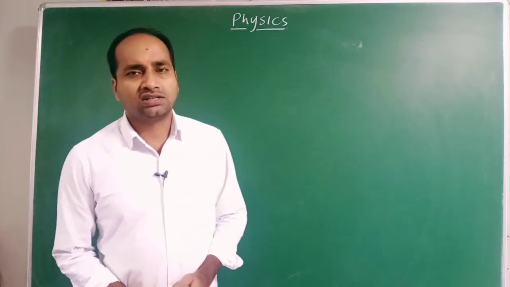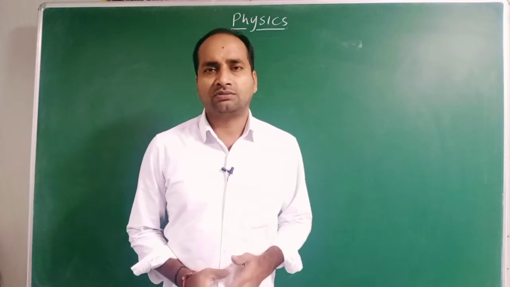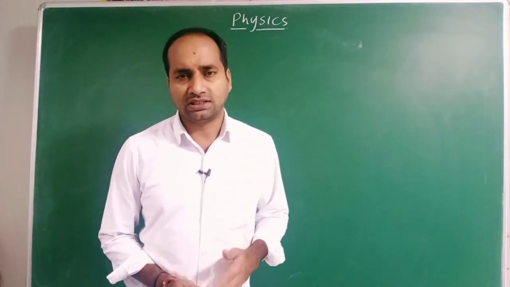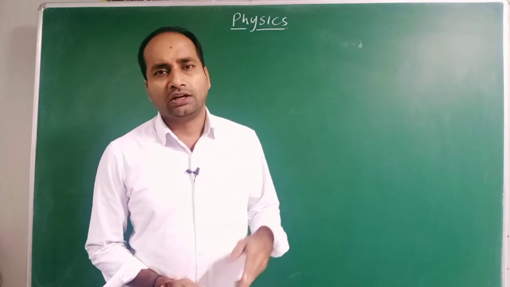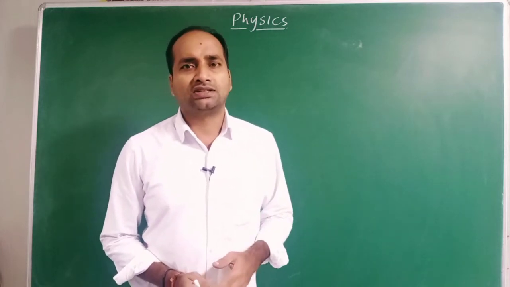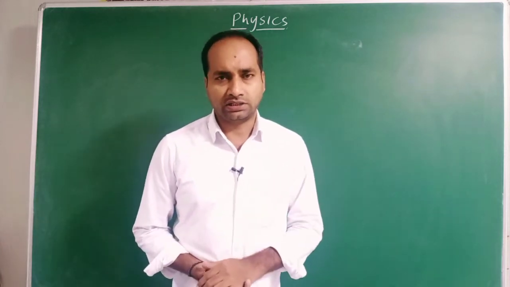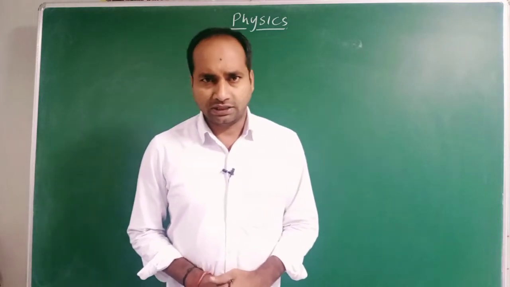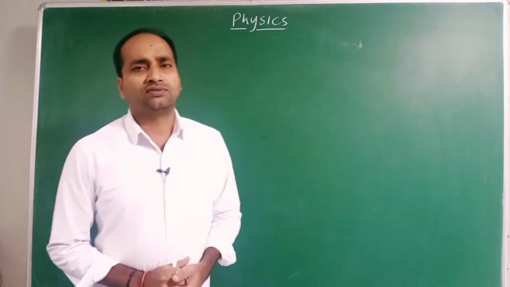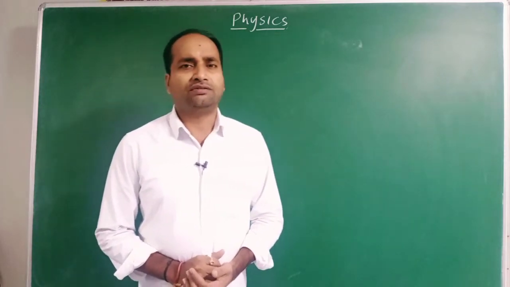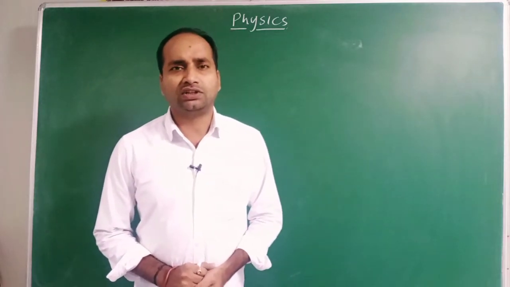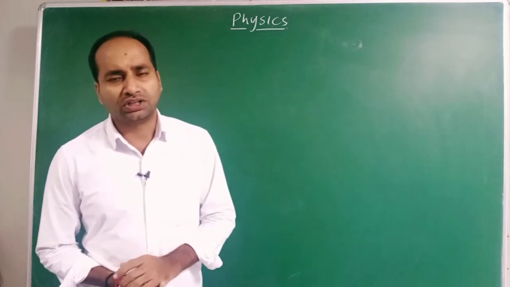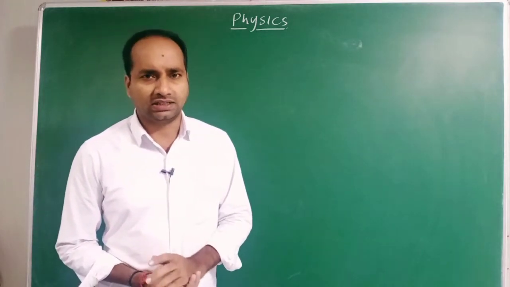So in the last session we gave some introduction about what a capacitor is and what capacitance is, and what the units of capacitance are, and also completed the spherical capacitor. We know that capacitance can be defined as the ratio of the charge of the capacitor to its potential. The ratio of charge to potential is called capacitance.